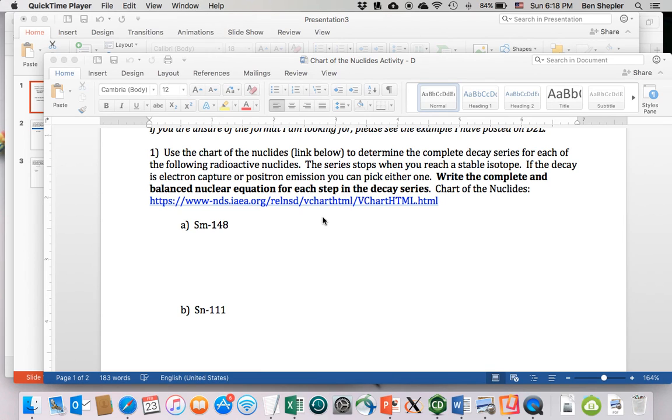Okay, the purpose of this activity is to help you with the chart of the Nuclides activity. So there are two problems with a couple parts. In each part, we want to write the complete decay series for each one of the radionuclides that you've been given. On the first problem, I want you to write the complete and balanced nuclear equation for each step in